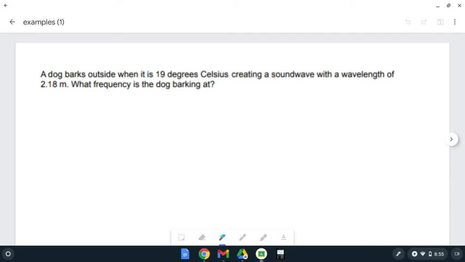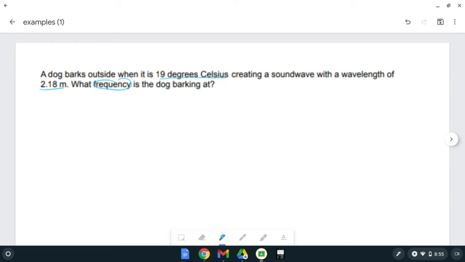A dog barks outside when it is 19 degrees Celsius, creating a sound wave with a wavelength of 2.18 meters. What frequency is the dog barking at? All right, this is definitely a two-step problem. If I'm looking for frequency,